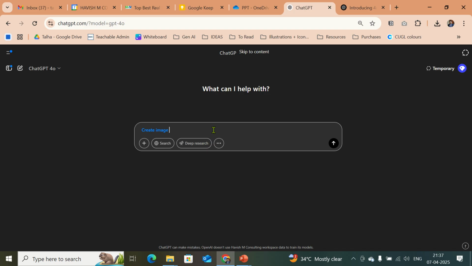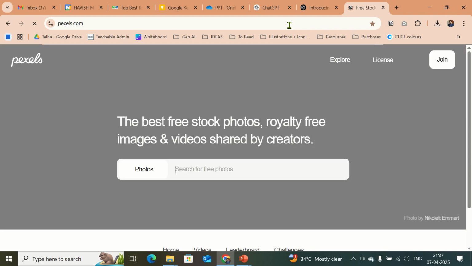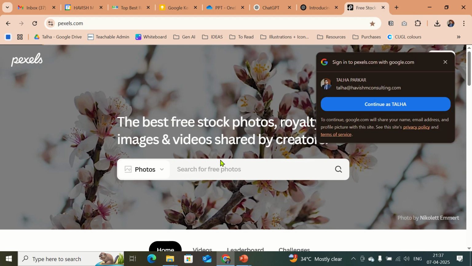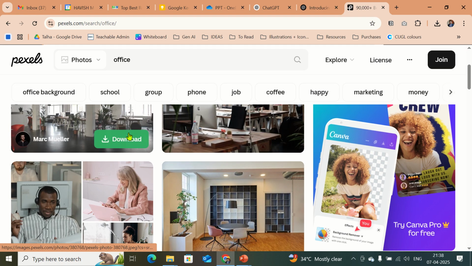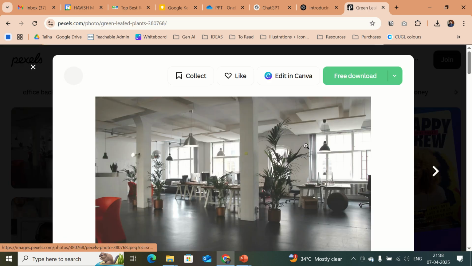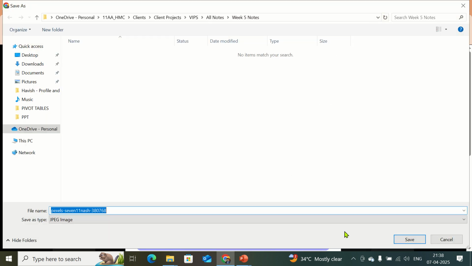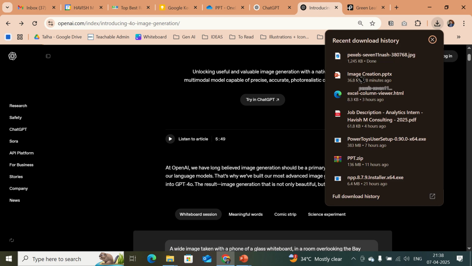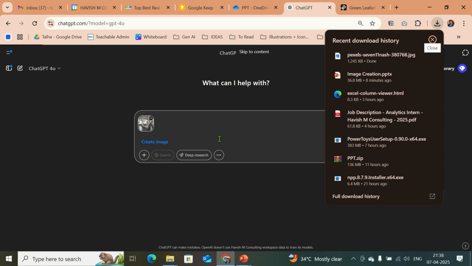Now you could do a lot of things here. One is you could upload your own image, and now I don't have anything, but I'll just take something from Pexels. Pexels is a free website where you can get copyright free images, and I'll just put Office for now. I'm not going to log in, and let's say I'll take this image, I download it. I'll just put it in my downloads for now, and I will come back to GPT, and I will say that